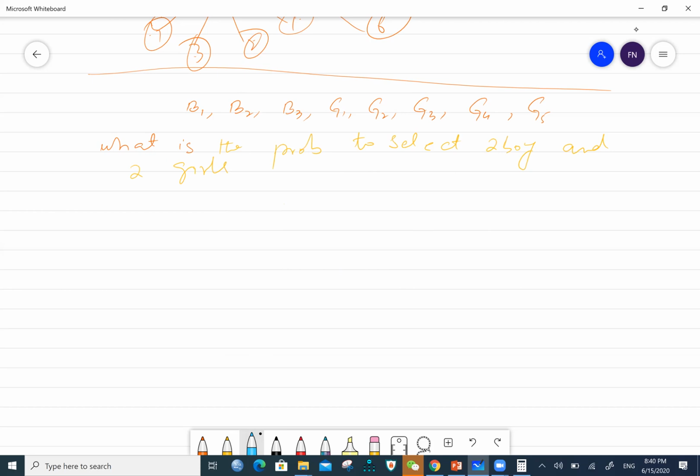We say that boys are 1, 2, 3. There are 3 boys. Girls are 1, 2, 3, 4, 5. Total are 8. How many do we want to select? 2 girls and 2 boys. We want to draw 4. Understand? So the sample space would be